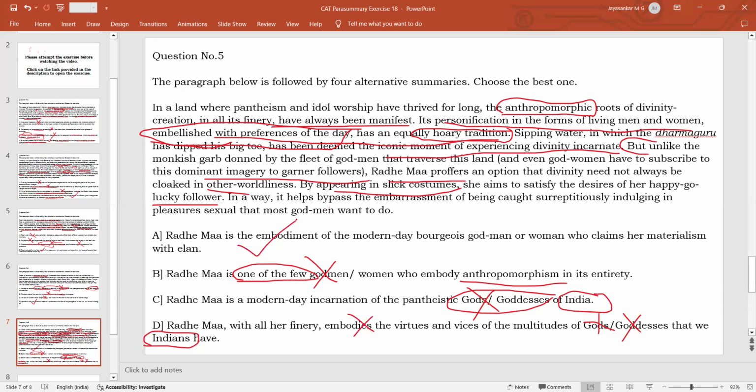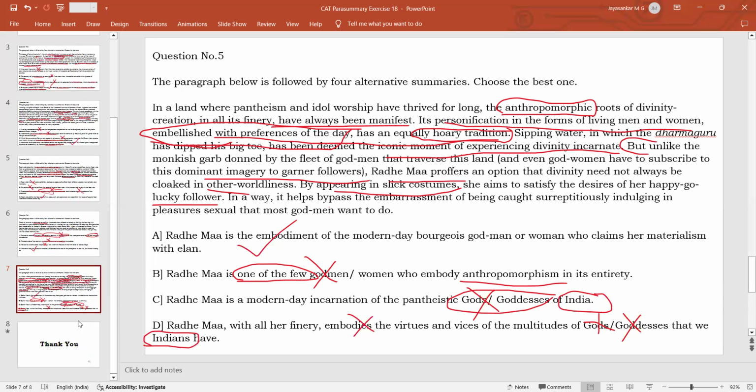So once you understand this passage, the answer becomes very simple. Most of the people will skip this passage because it is slightly difficult to understand. But once you understand this, the answer becomes very simple. For such passages, try to spend some time on the passage, try to make sense of it. Most of the time, if the passage is complex, the options will be easy. So if you are able to understand the passage well, you can easily find the answer.